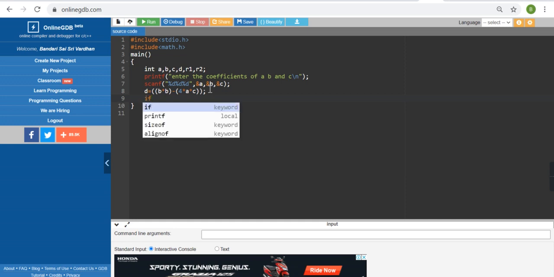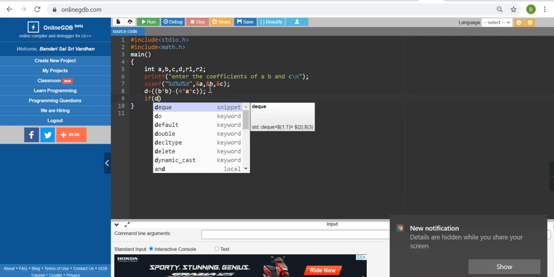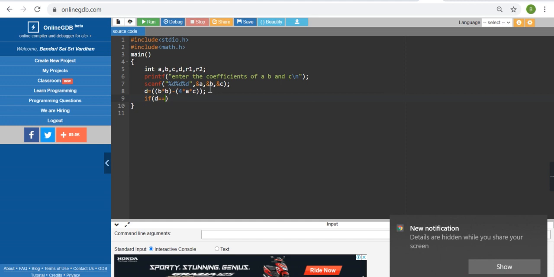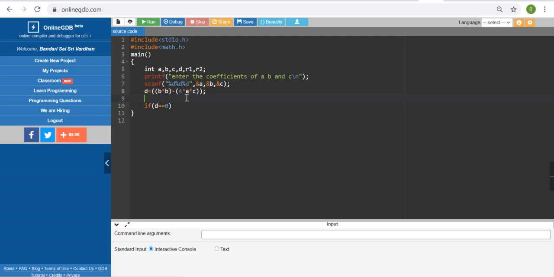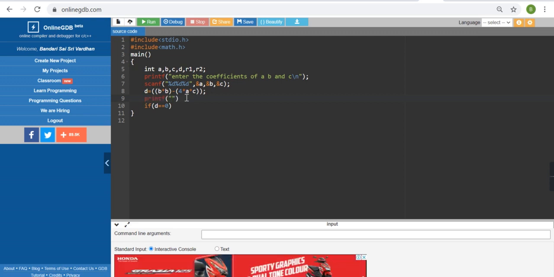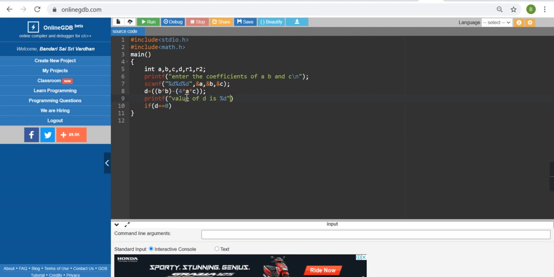Here in the program I am using a simple if. After finding the value of d, if the d value is equal to 0. If you want to print the value of d, right here printf, value of d is, and what is the format specifier I have declared? It is integer type. So yeah, you can write it like this. So if the condition d value is equal to 0, then you need to write,